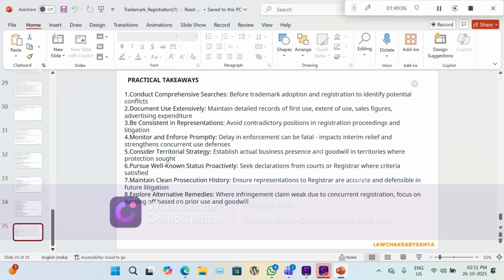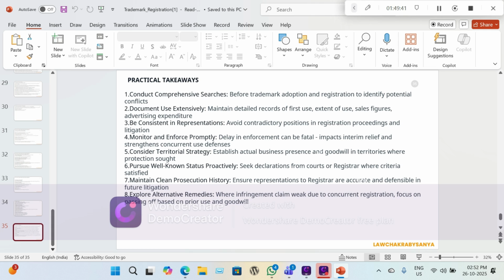Then you have to consider territorial strategy, where it is easier to get your trademark or where your client has more to lose, you apply there. So you are protected in that territory. Then you pursue well-known status proactively. If your client has a well-known mark, then you pursue it. You decide depending on the case whether you have to apply directly to the registry or you want to go to courts. Then you have to maintain a clean prosecution history, ensure representations to the registrar are accurate and defensible in future